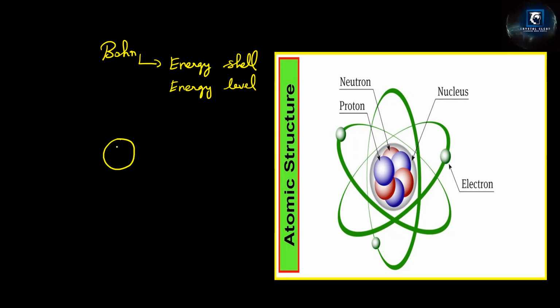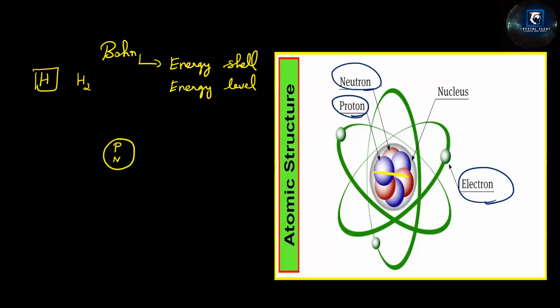He said there is a nucleus, in any element you take. I'll take the first element, hydrogen. You will represent it as H. In molecular form, it is H2, right? There is an element represented as H. And here you can see the nucleus. You can see the word nucleus, this part. In the nucleus, proton and neutron. So what are proton, neutron, electron? Observe the picture. Let me make it very clear. Electron, neutron, proton. All these three things we call subatomic particles.